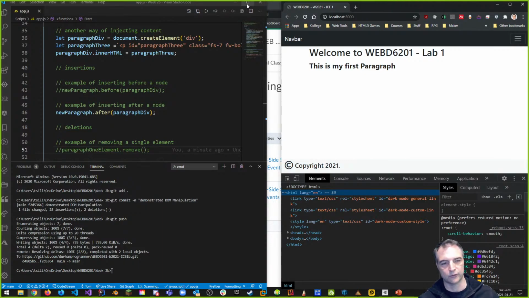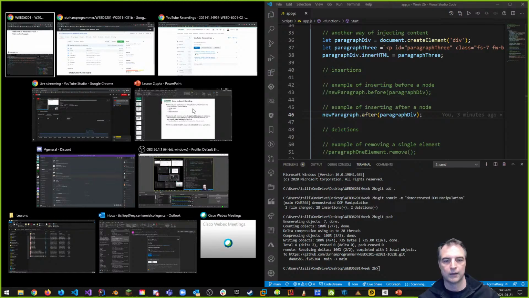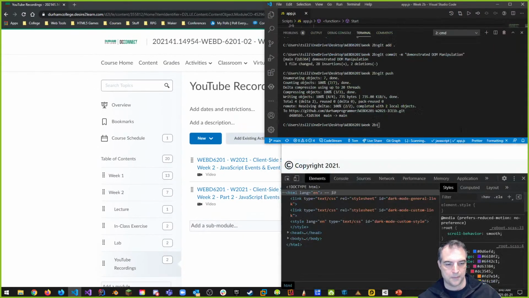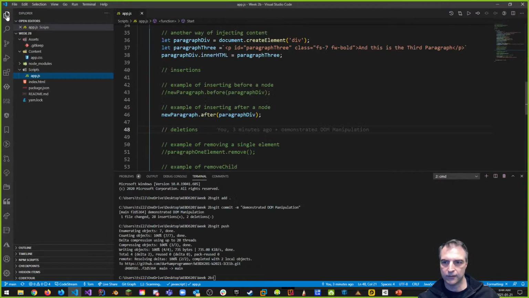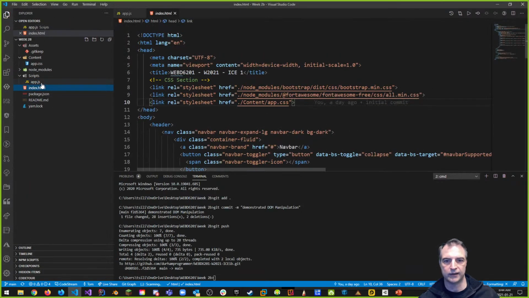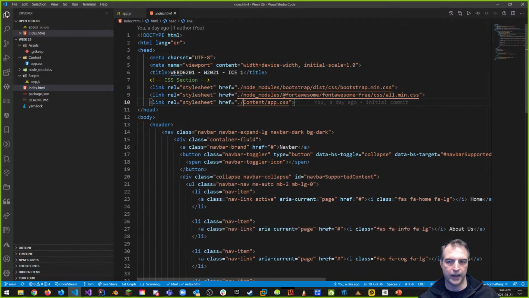So I want to show you this. We'll do it in the ICE, and then I'll give you some hints on how to do it in your lab. I won't do everything in your lab because obviously some of it's for you, but we'll do some of it together. So right now we have an index.html, and I certainly can copy paste this index.html, but